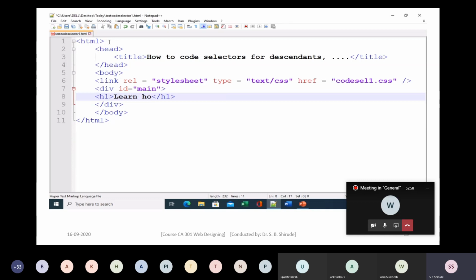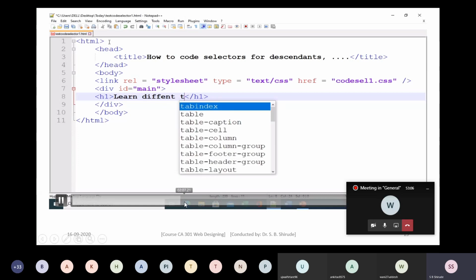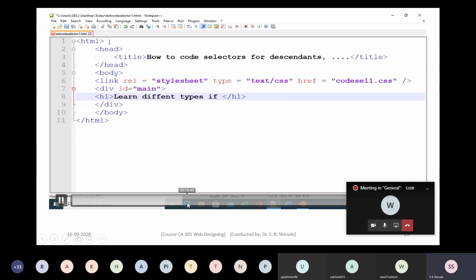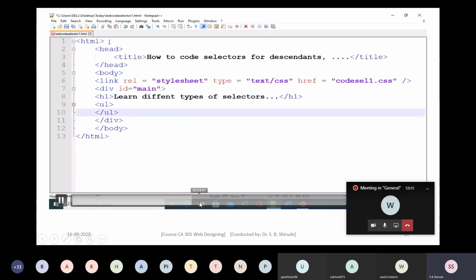See here, understand the hierarchy. In h1, we are putting some heading such as learn different types of the selectors. And now I am putting one unordered list, UL.